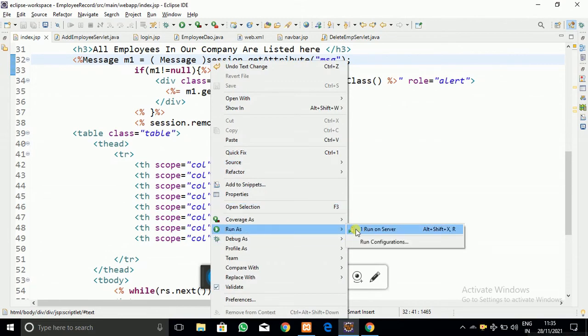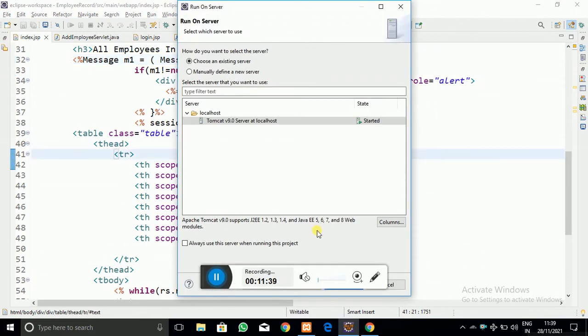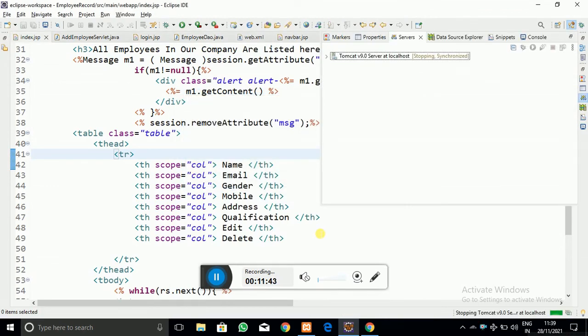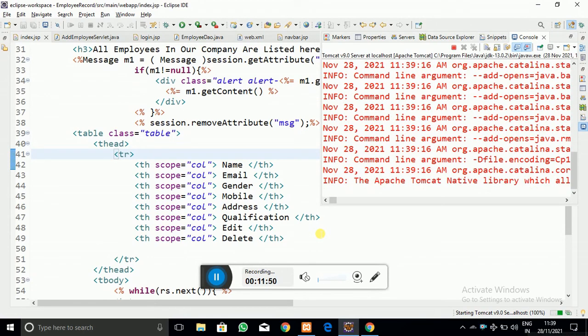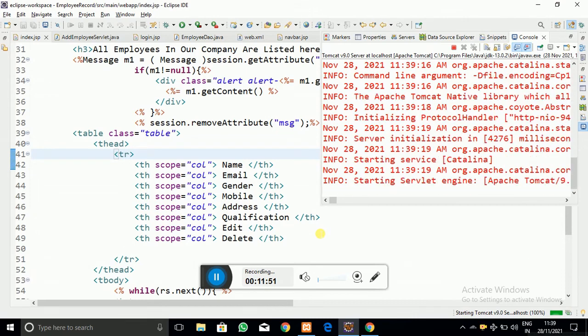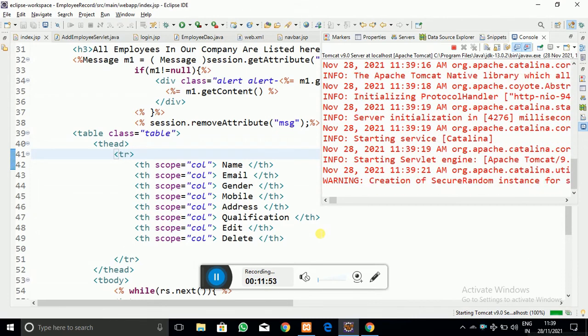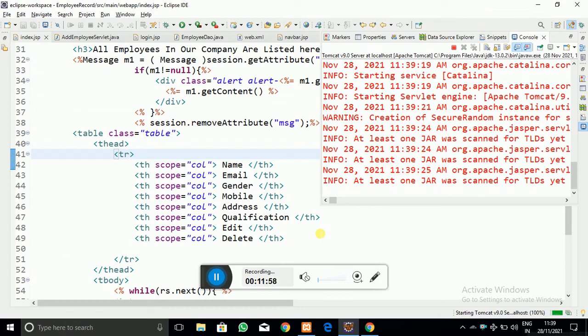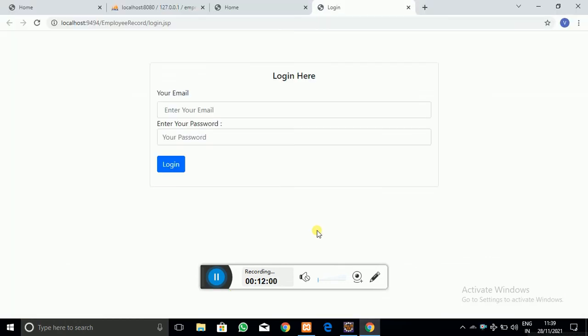So run on the server, restart the server. As you can see, I have to restart the server whenever I change something. The web page is going to open, that is, the home page is going to open in front of you in some time, and here again you have to log into the system.